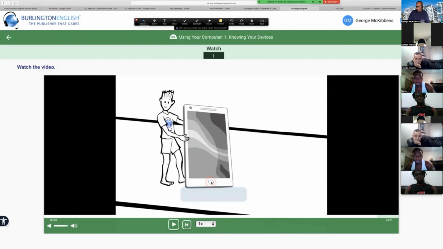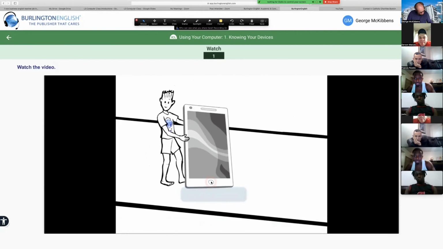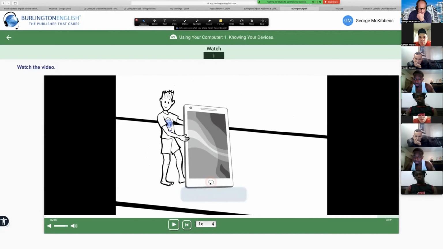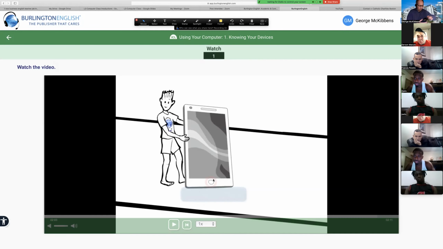Most new phones don't use the home button anymore. I think after iPhone 7, there's no more home button. So it's about 6 years ago. If your phone has a home button, it's probably about 5 or 6 years old. New phones don't have the home button. You just swipe up.